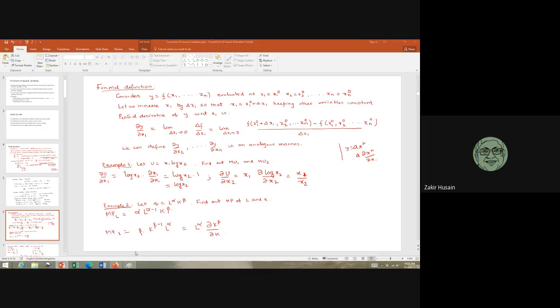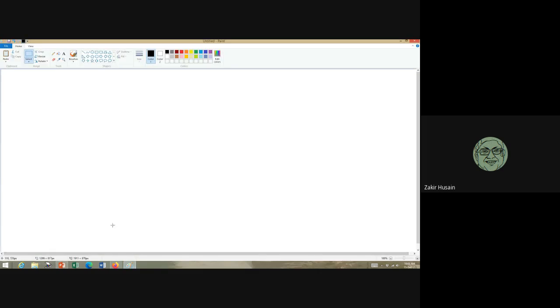Okay, let me explain this using an example. Let us take a two variable case. It is easy to understand. Okay, so we have y as a function of labor and capital. So let us suppose that labor is 10 units, and let us say that we are using capital, let us say 15 units. Okay, and as a result of this, we are getting a certain amount of output, which is Q0.